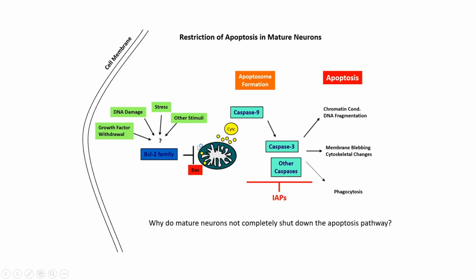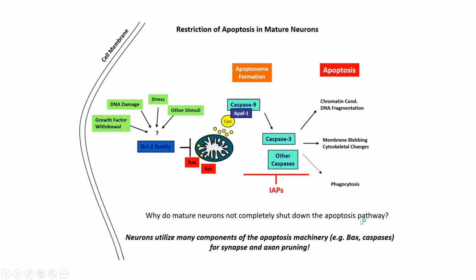So this is the overall summary of how the regulation of apoptosis occurs in the neuron cells. One is the IAP regulation, another is the BAX inhibition. Okay. So there is a question: why do mature neurons not completely shut down the apoptosis pathway? The answer is that neurons utilize many components of the apoptosis machinery, such as BAX and caspases, for synapse and axon pruning. Okay. So even though the neurons do not die,